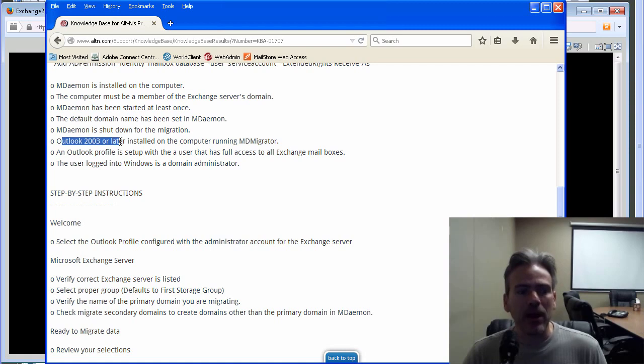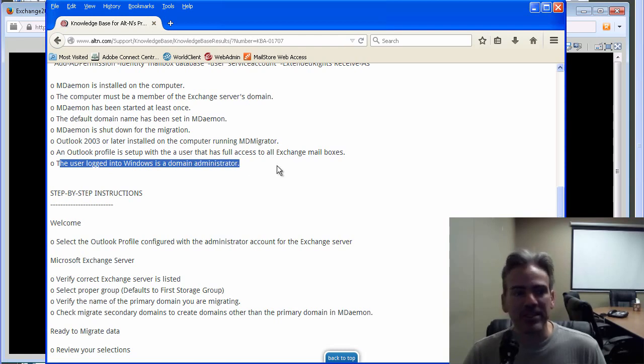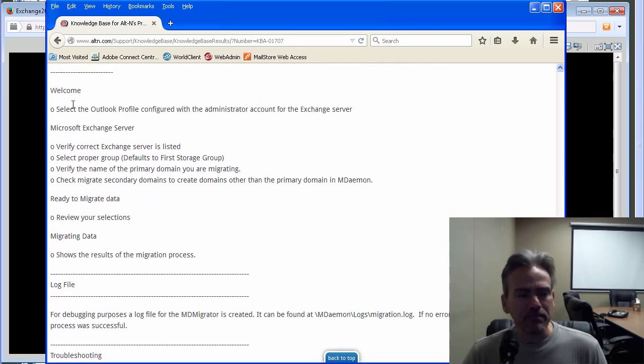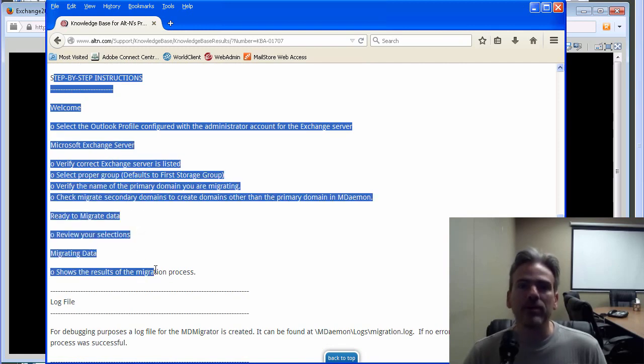Make sure you have at least Outlook 2003 or later running on the computer that you are running MDMigrator on, that you have an Outlook profile set up with a user that has full access to all Exchange mailboxes, and that the user who is logged into Windows is a domain administrator. Once you have those prerequisites met, then you can simply follow these instructions here to migrate your data over from